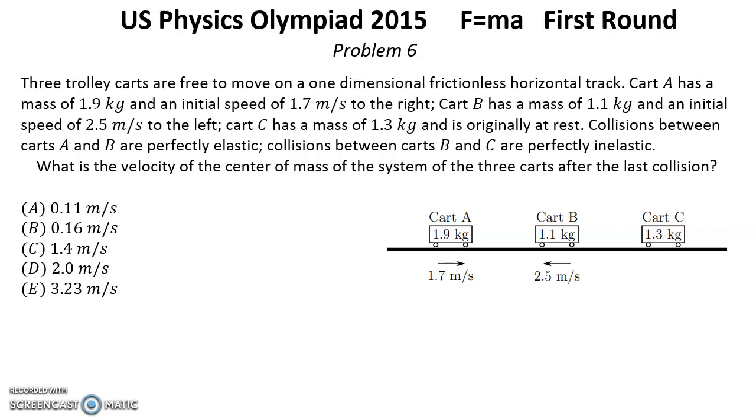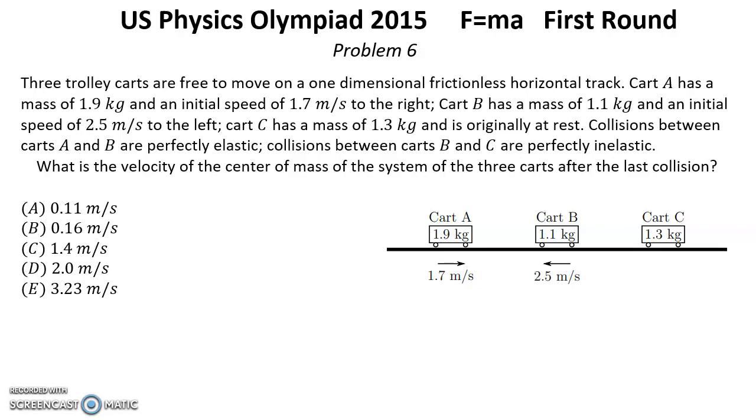Collisions between carts A and B are perfectly elastic. Collisions between cart B and C are perfectly inelastic. What is the velocity of the center of mass of the system of the 3 carts after the last collision? Solution. Because this system is not affected by any external forces, there is no friction, the velocity of the center of mass is not changing. It's not affected by any